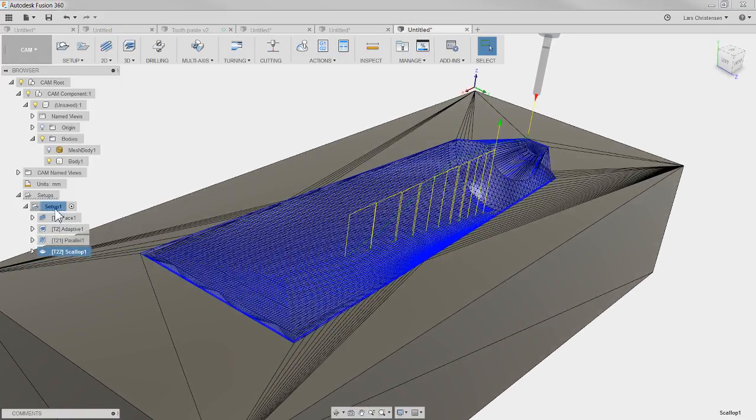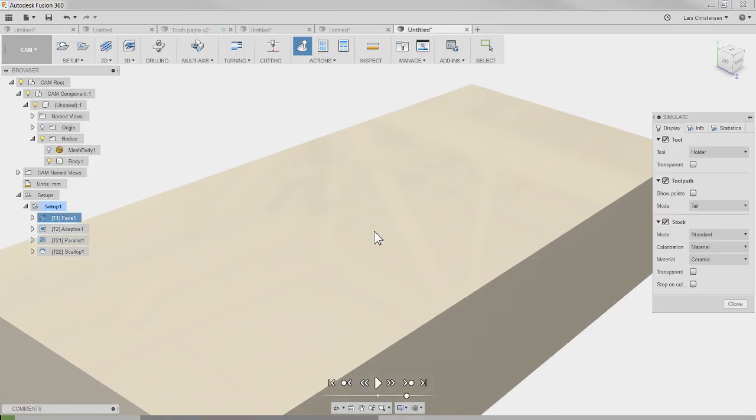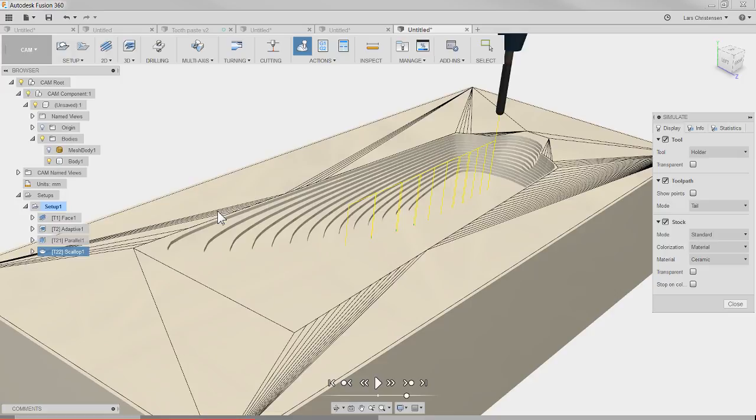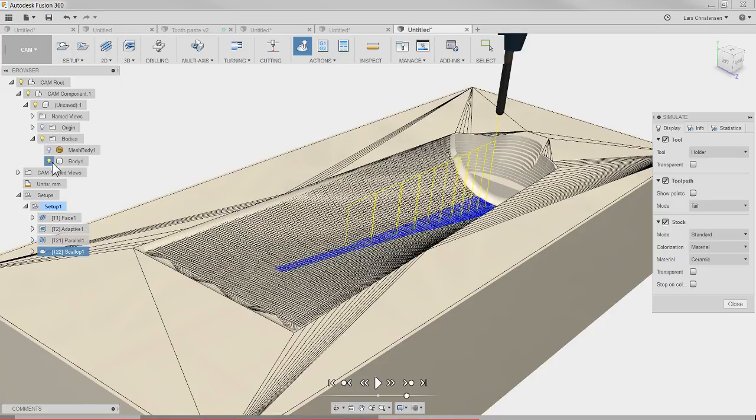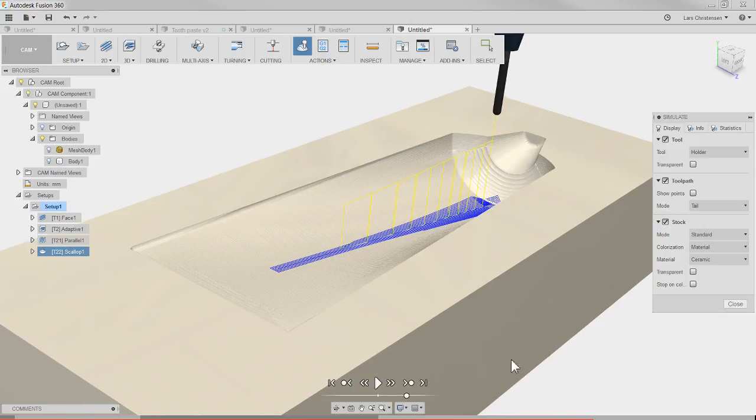And if we go in and simulate this, it's probably a little bit easier to see. Let's just go all the way to the end. Let's turn the body off so we can see the end of it here. You can see the red bar down here that is still calculating, if we're looking at the bottom of the screen. It's almost